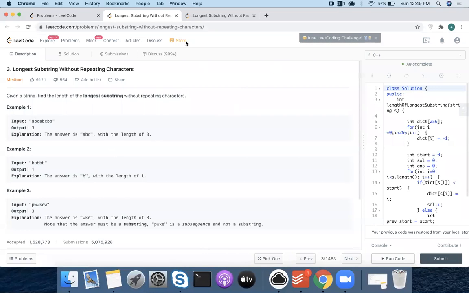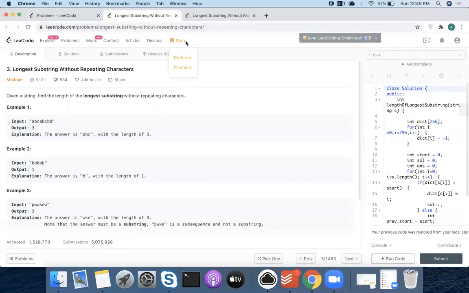I think it should be more than n cube, right? Why? Because let's take an example, ABCD. Firstly, all the individual elements are there: A, B, C, D. Then we have to see the AB combination, BC combination, CD combination. Three combinations here. Then ABC, again we have to traverse, and BCD is a combination. You missed one, ABCD. Then the last will be ABCD.